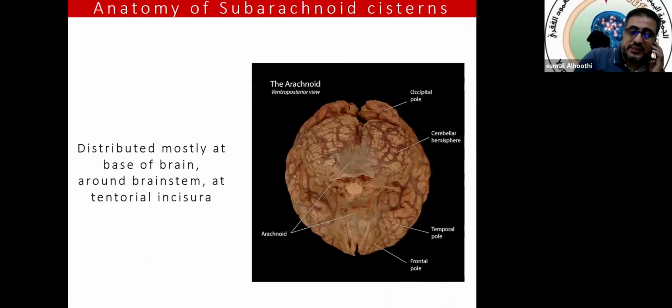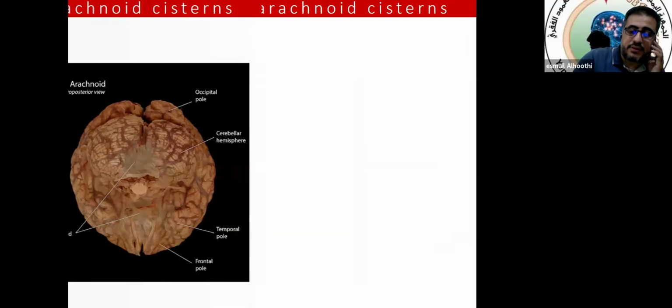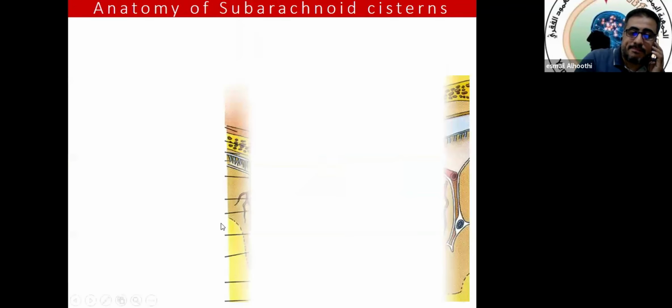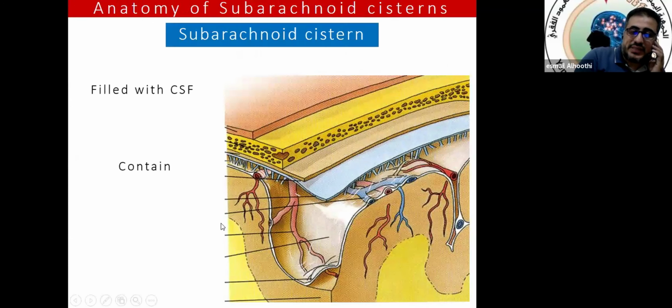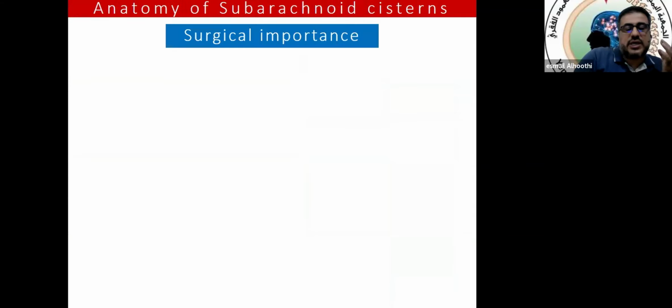Most of these subarachnoid cisterns are distributed over the base of the brain and skull, as we see here in the posterior part of the brain and in the skull base. The subarachnoid cisterns are filled with CSF and contain the large blood vessels and the cranial nerves. The surgical importance of these subarachnoid cisterns is